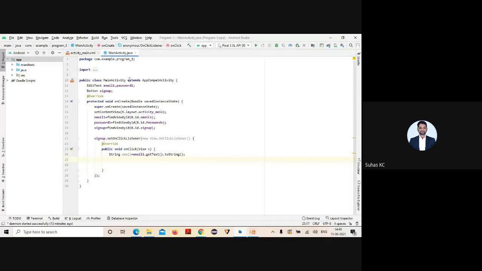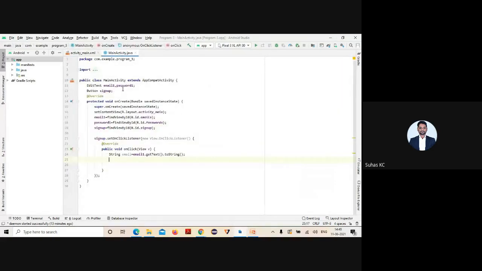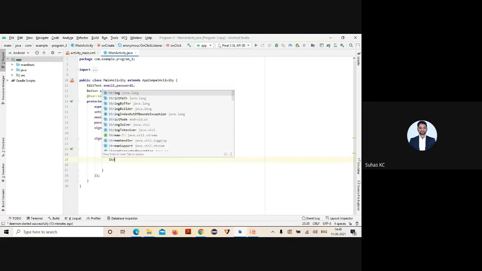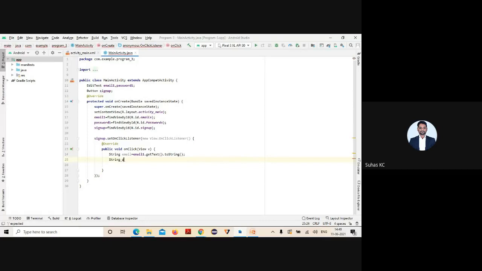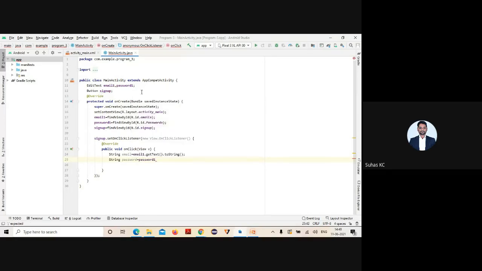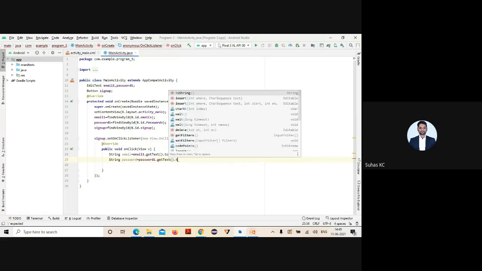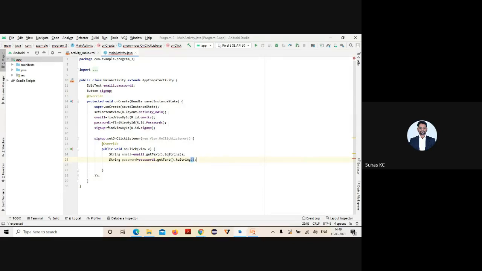The other one, if you want to take, what is the object for your password? What I'm going to enter, the password, is entered by which object? Password one. So first I'll take one variable of string type, password, equal to. How am I going to identify that particular edit text component? Password one. You need to take that, so for that the get text method is used. You need to convert it to string. Don't type anything, everything will be displayed there.